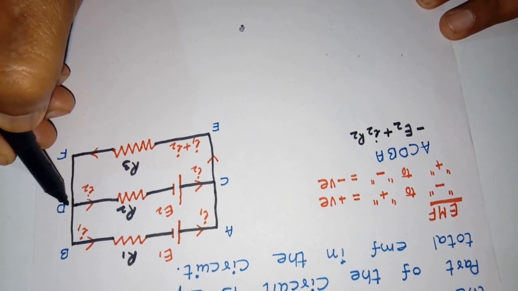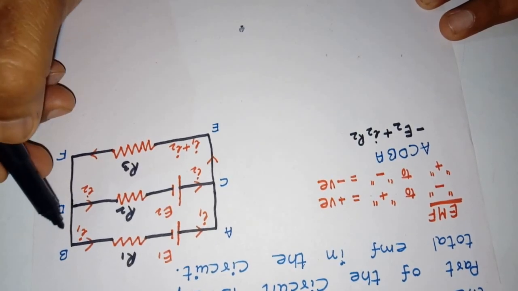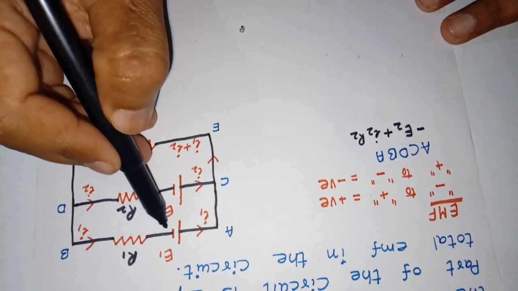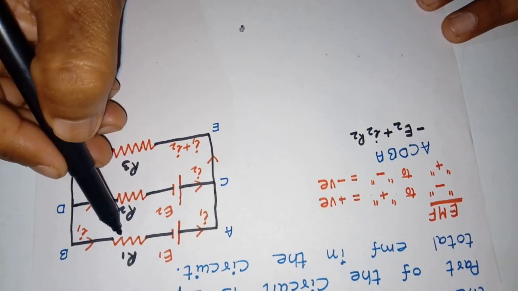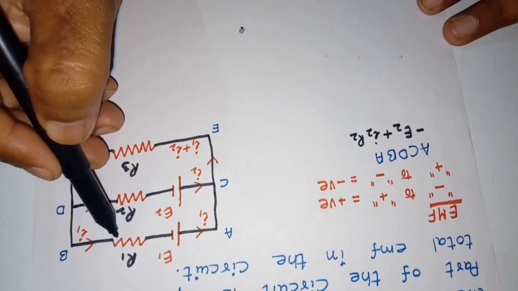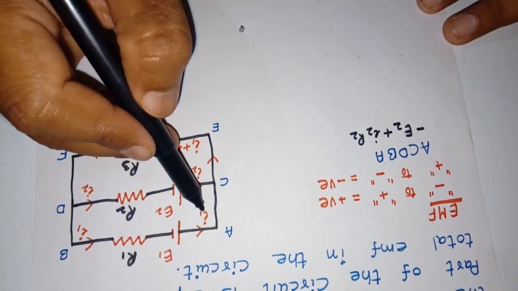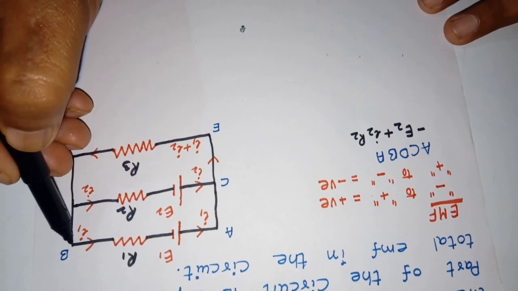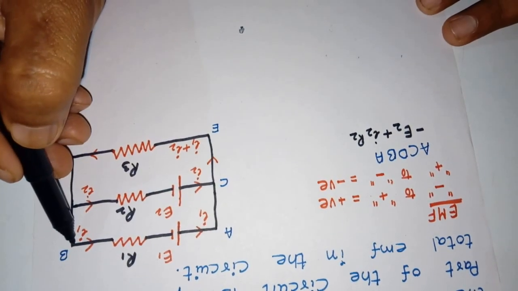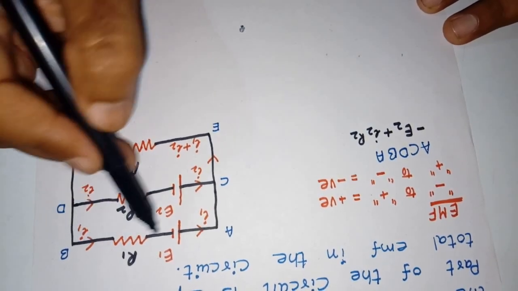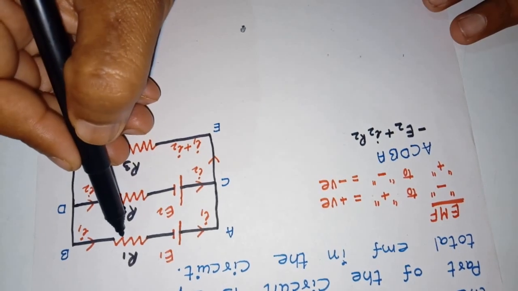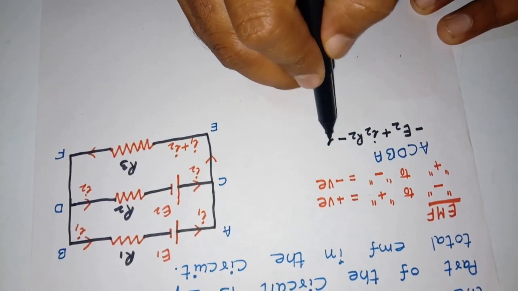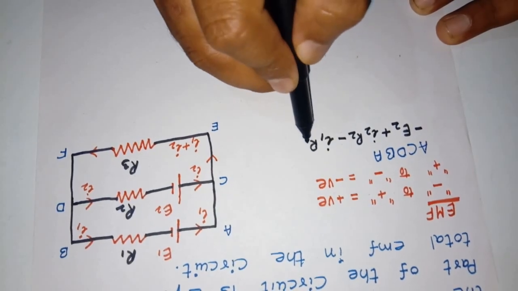And then between D and B, we have no batteries and no resistors connected. And between B and A, we have a resistor and a battery. Across this resistor, we need to find the potential difference. The potential difference is the product of current and resistance, that means I1 and R1. Here we are moving along the direction of the current, in the same direction. That's why this potential difference will be taken as negative as per the sign convention. So we write minus I1 R1,